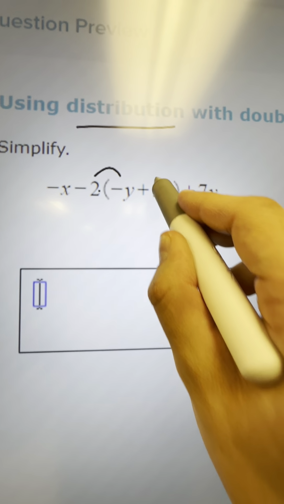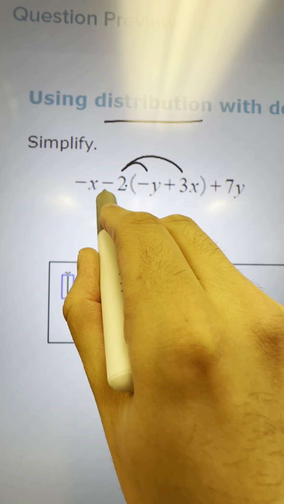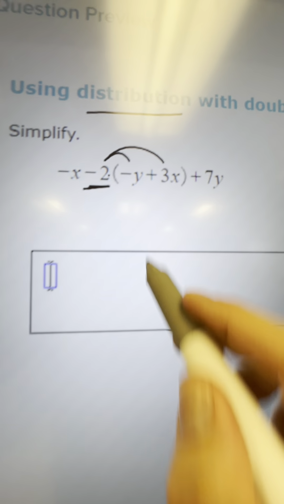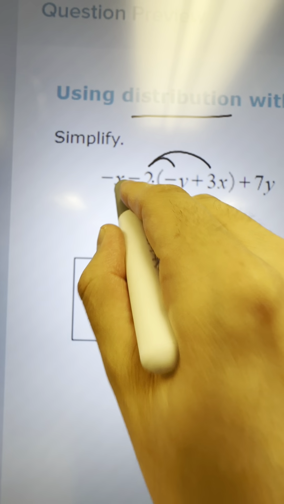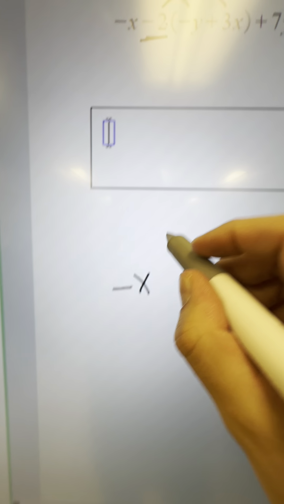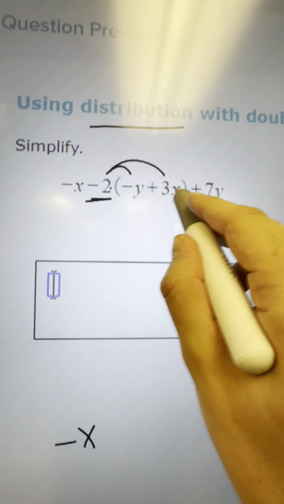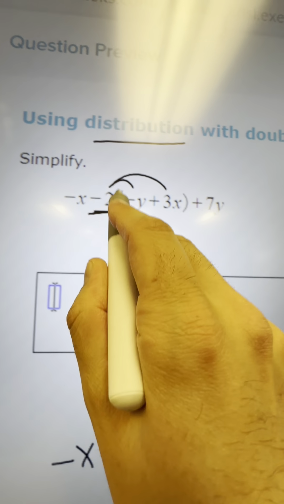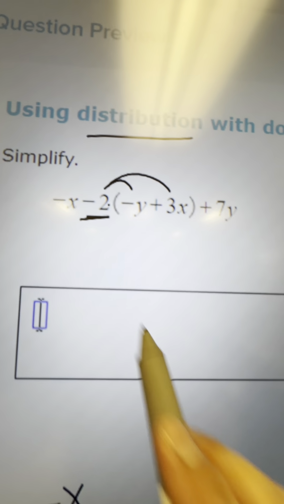So these have to be multiplied by a -2. Notice that's a negative. Pay attention to that sign. It's a -2 we have to distribute. So what I will do is here, I'll rewrite -x. And now, -2 times these two. In other words, almost like ignore the -x. We're distributing a -2. So essentially, we're